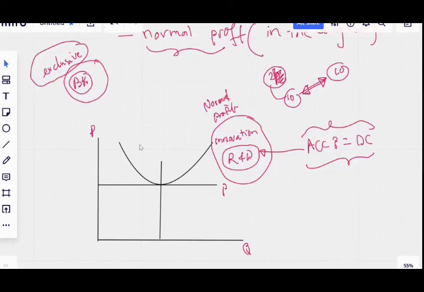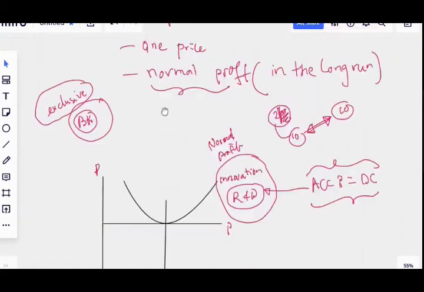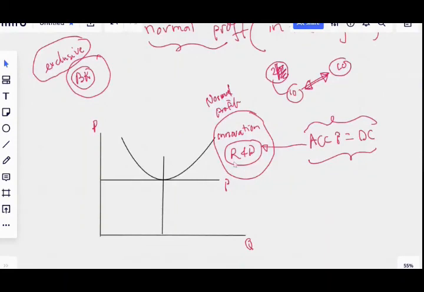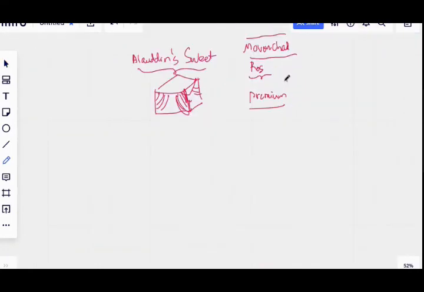So what's the lesson from this, and this particularly is not available in the textbook. Most people say competitive market means normal profit. What I'm saying, competitive market means unless you do R&D, you are doomed because you are going to earn normal profit. Why does it have a limited life? Because you did not innovate after that. You had one innovation in your life, and that's it. And that one innovation is not going to be enough.